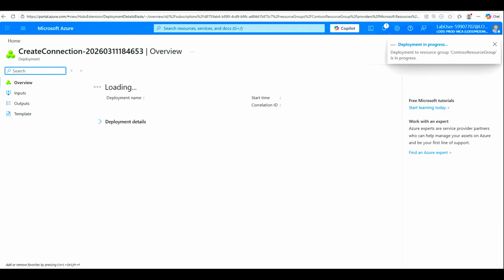So we have successfully completed all the tasks for create and configure a virtual network gateway. Let's go to home. So now we'll go to the next lab or exercise,